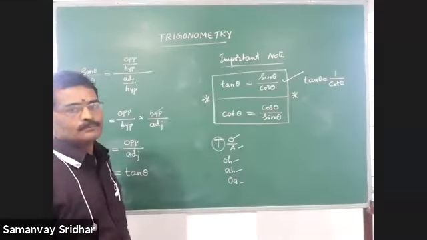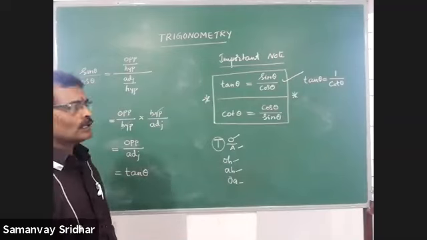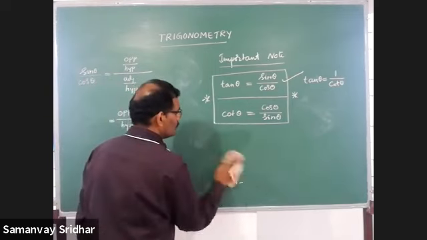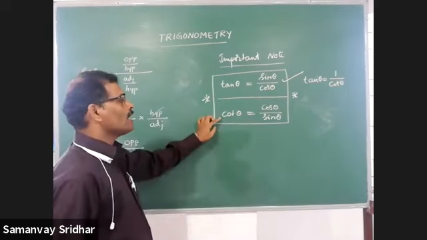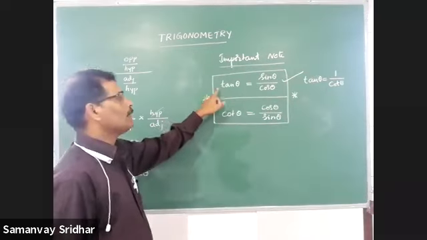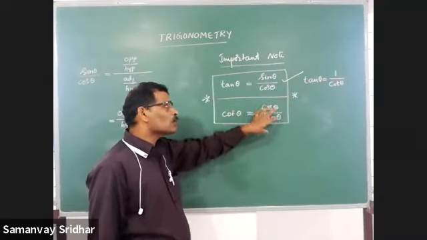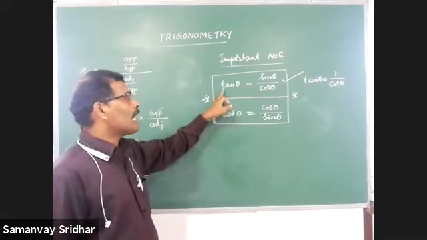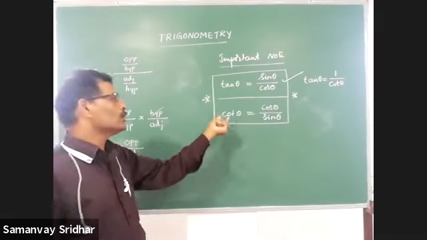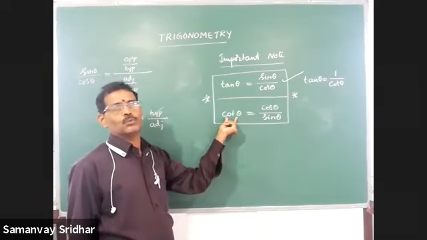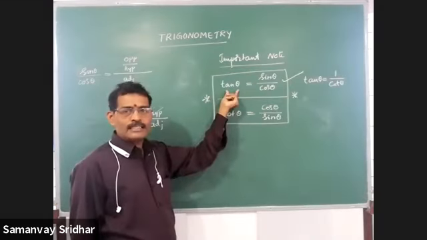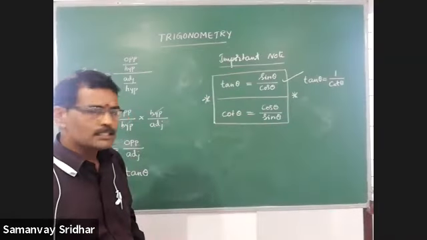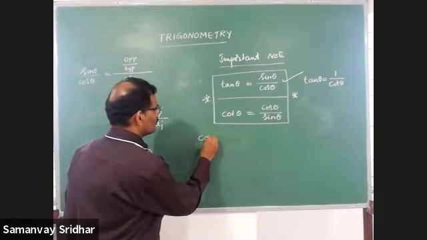Similarly, cot theta, the same way, right? The same way you have to follow. That is to get the cot theta. So we know that cot is the reciprocal of tan. Whatever the tan will get, the cot will get the reciprocal of that. If you say that tan is 3 by 5, then cot is 5 by 3. If tan theta is 1 by 2, then no doubt cot theta is 2 by 1, means 2. Right? If tan theta is x by y, no doubt cot theta is y by x. You got it? Is it clear? So once again, I will show that also. Nothing to worry. Cot theta.